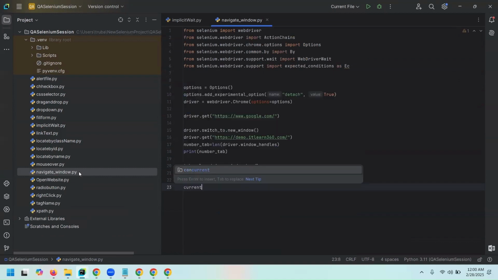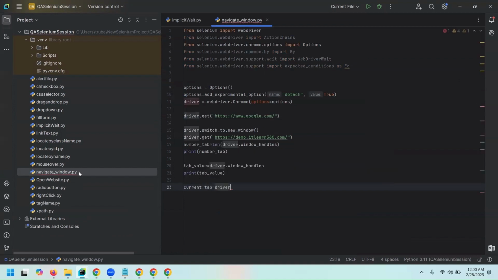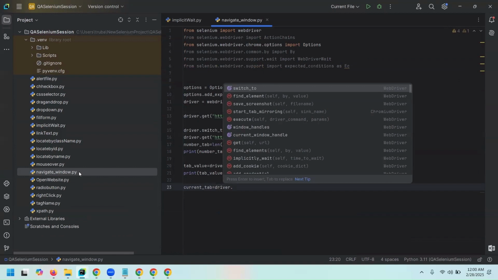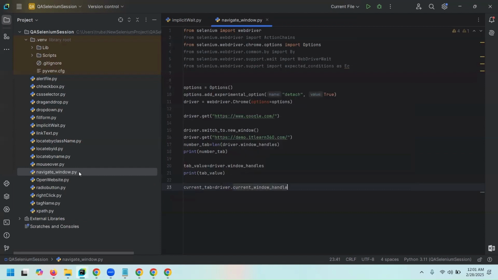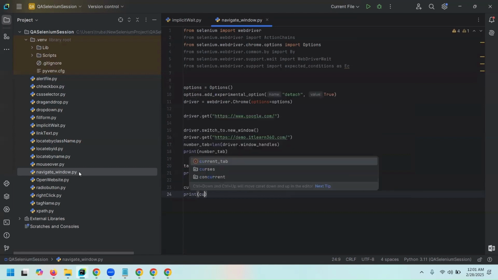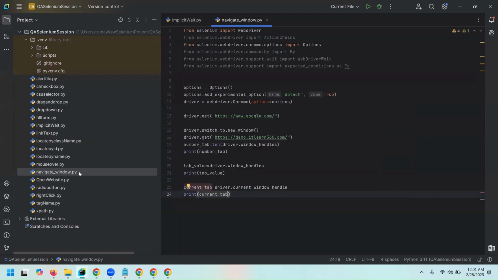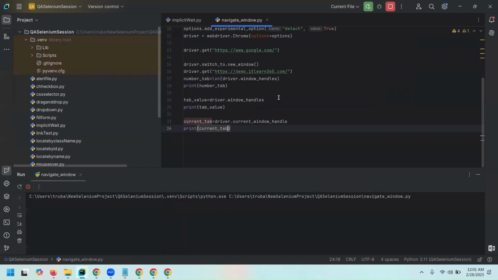Now, similarly, if you want to get the output of the current tab, again, I'll define a variable as current tab, and then I'll do driver dot window handle. It's window handle, or it's current window handle. Yeah, current window handle. So this will take me to the current tab. So if I print the current tab, the tab that was opened the last time, it will give you that too. So now again, when I run this,